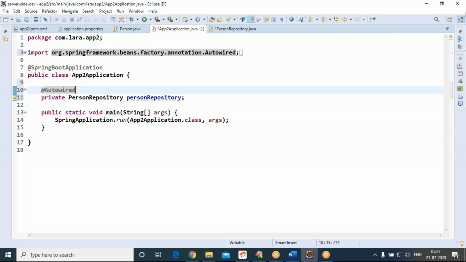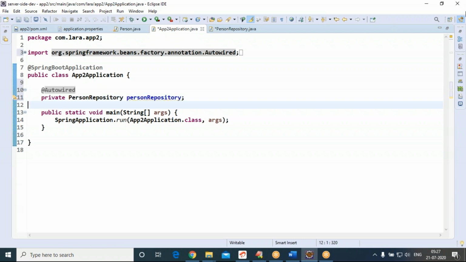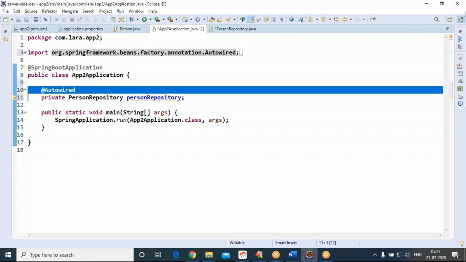With @Autowired we are telling the framework, can you please give me an object of type person repository? You can keep using person repository straight away now. Please remember, the framework will take care of providing an object to person repository because of @Autowired.